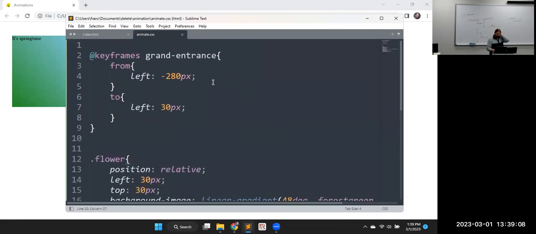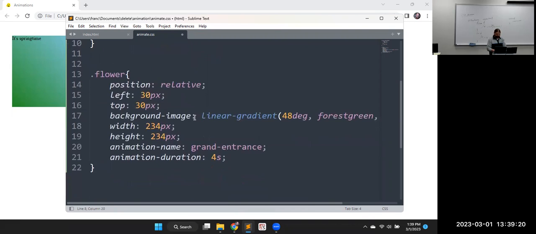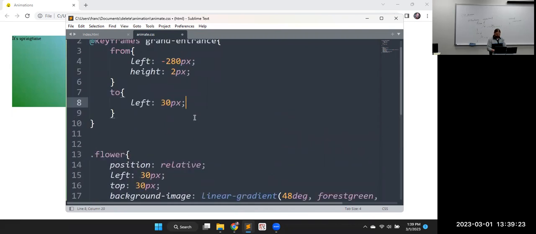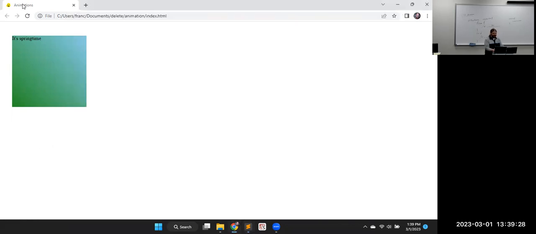Let's say 2 pixels. And then at the end of the animation, we'll be at, I'm going to leave that off. I did the left for so it's 2 pixels. But notice it grows to that final property because we have what it's going to end at. So it comes in and we